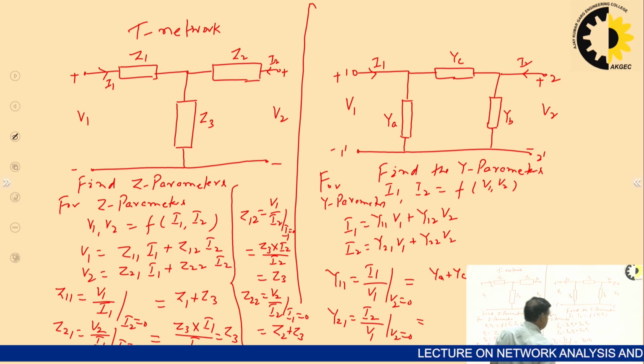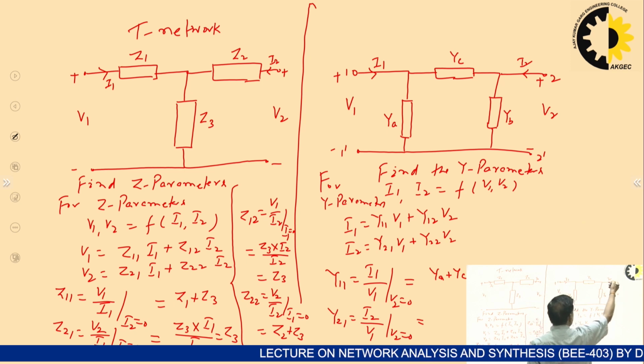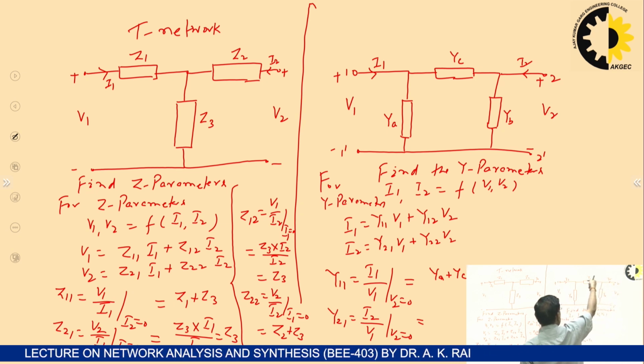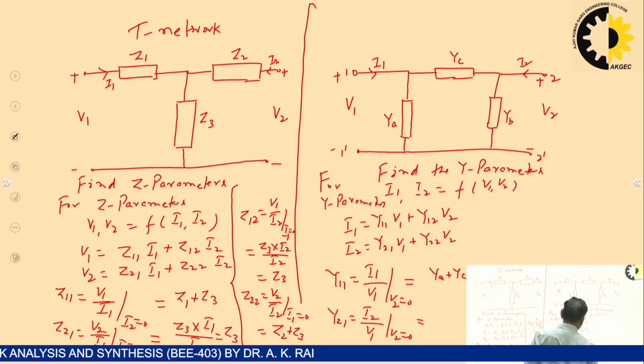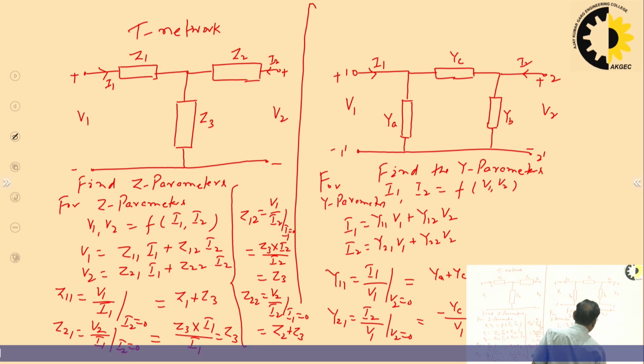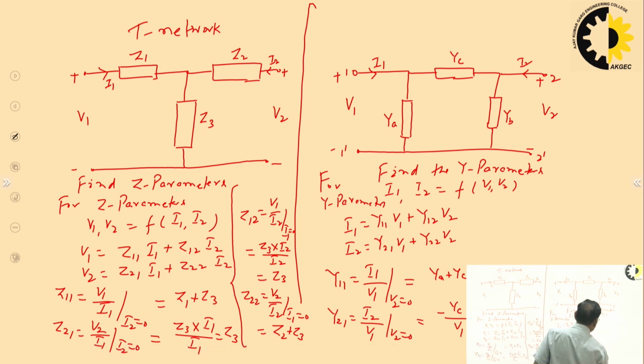So what is I2? Although the short circuit is placed here, so no current through here, so part of the I2 will be this. So this is just opposite, minus YC V1 upon V1. So it is minus YC. Okay. Now come to